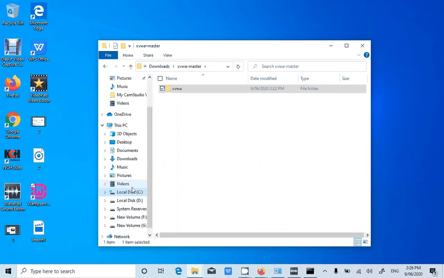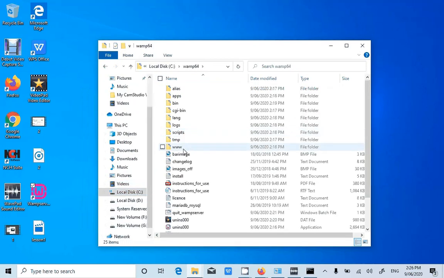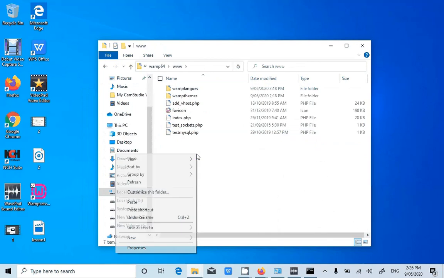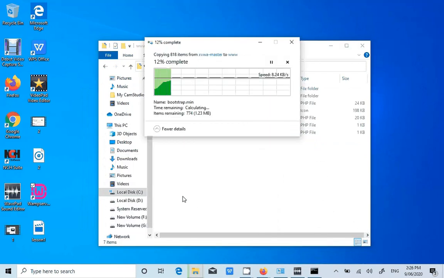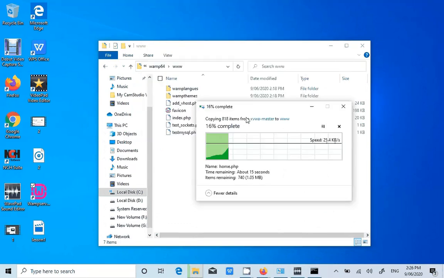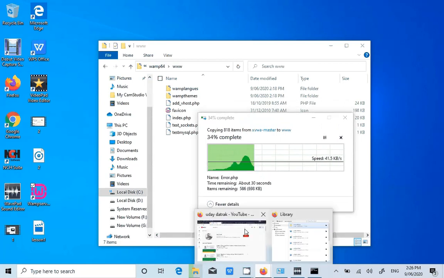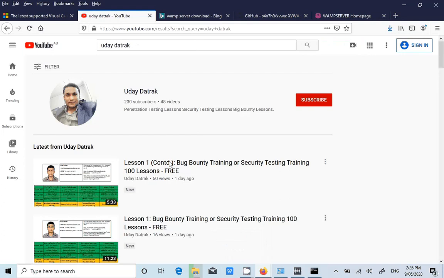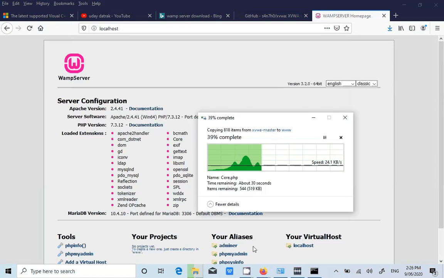and go to C drive, WAMP64. Within the www folder we paste this XVWA folder. Now that means we can access this particular XVWA website through browser. Once it is successfully copied,